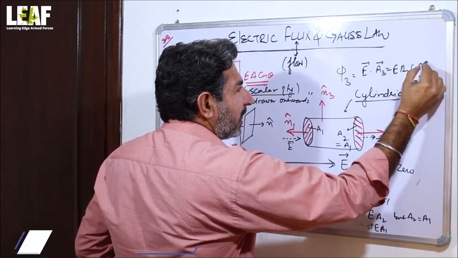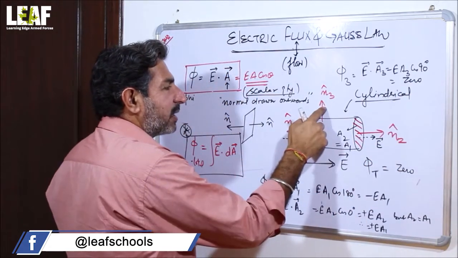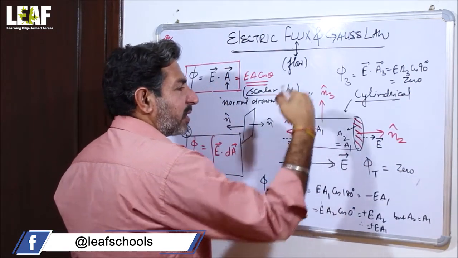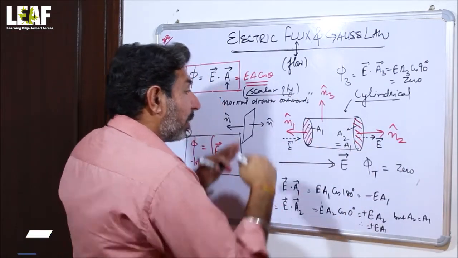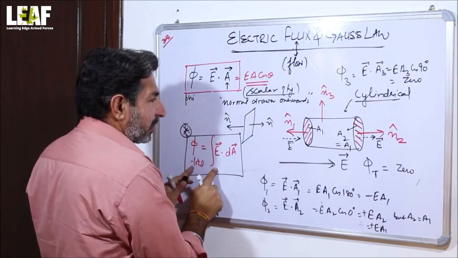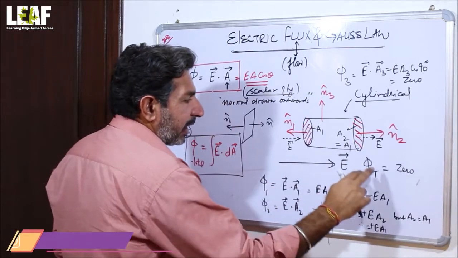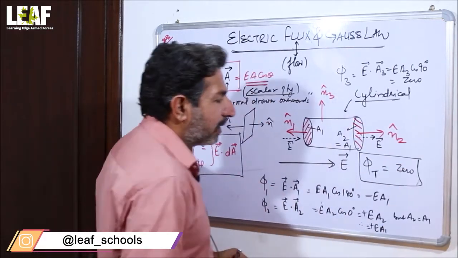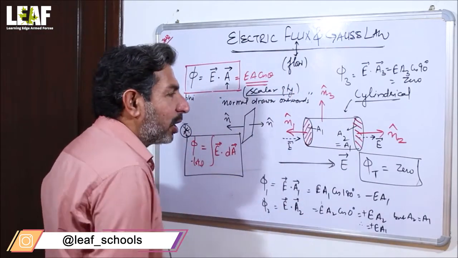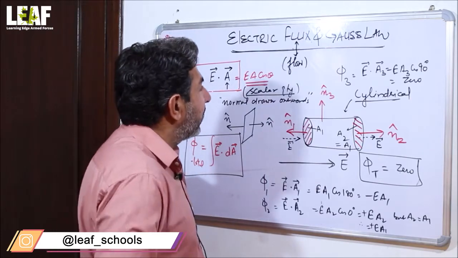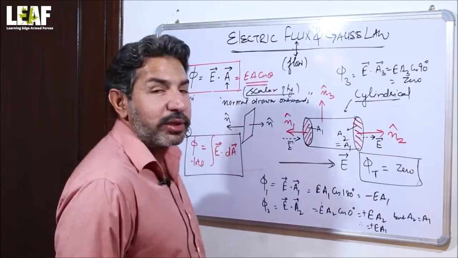What is the value of theta now? Cos 90. And what is cos 90? So this flux value is always going to be 0, which is coming out from the curved side, and these two in total will become 0. So I can say that the total electric flux passing through a closed surface will always be taken to be 0. This is something that we have generated from this particular theory. I hope this point is clear to you guys, and now we'll move on to Gauss's law.